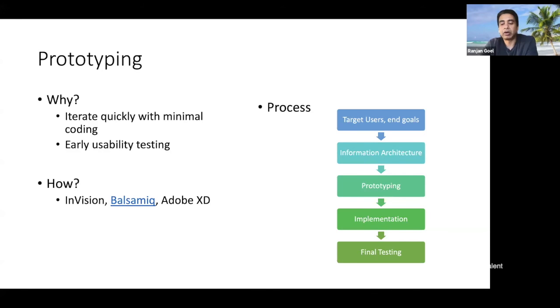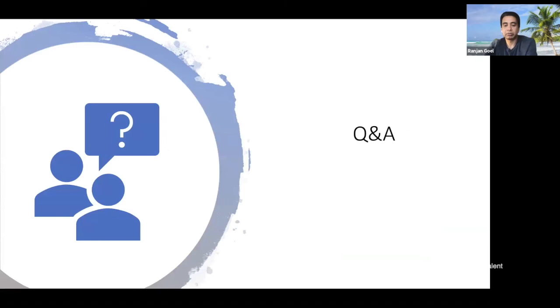And a lot of the time, even then, people come to a conclusion that I don't think this is the right design, and that's when A/B testing comes in. If you see even bigger sites like LinkedIn and Facebook, they do A/B testing after implementation also, after they've gone through all of this, because they still have a confusion of, I don't think this is the right design. So these were the basic things I was planning to cover with you guys.